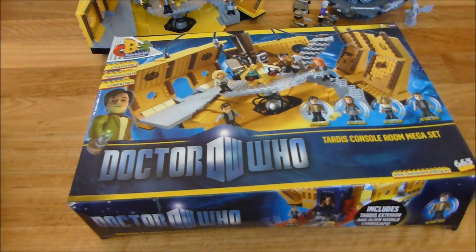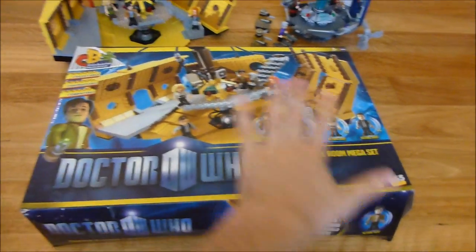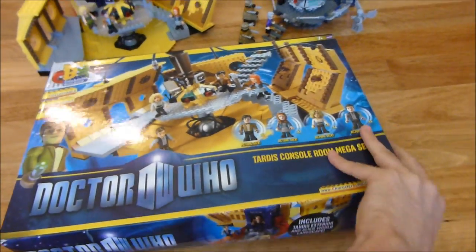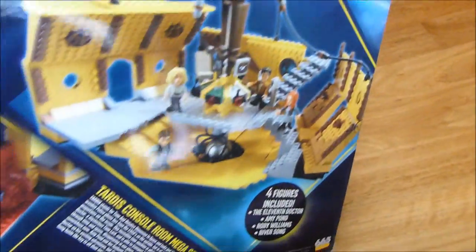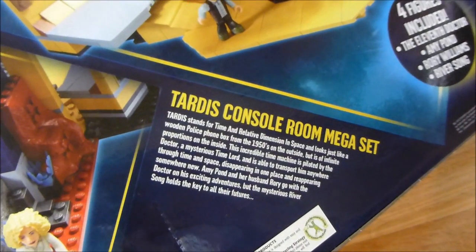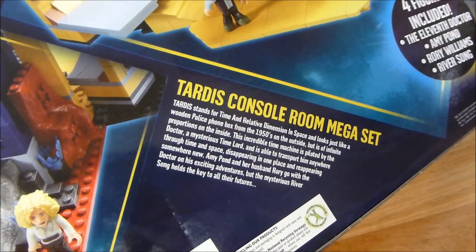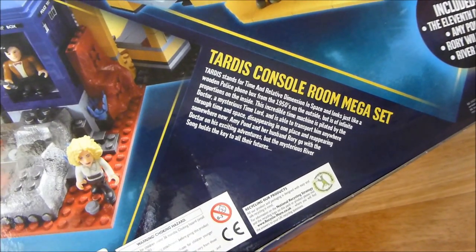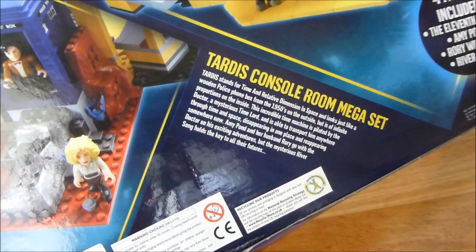I also think they did a much nicer job of this box, personally, because you've got a big picture of the TARDIS, all the features down there. All the sides are covered in details about who's in there, what play features you have. You've got nice big pictures here. You've got a little bio right here, which I think is really good and really exciting, for helping parents or helping other people decide if they actually want to add the set to their collection, all that kind of stuff. This box infinitely trumps the